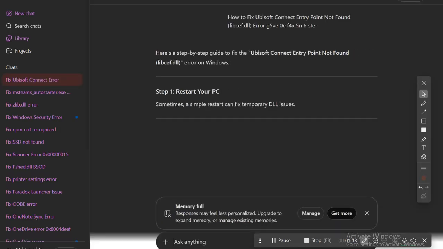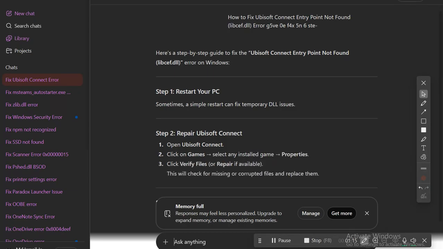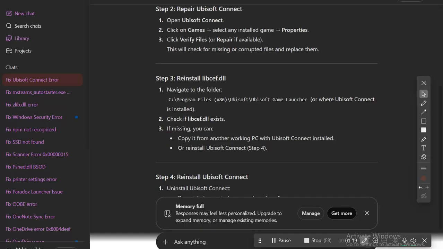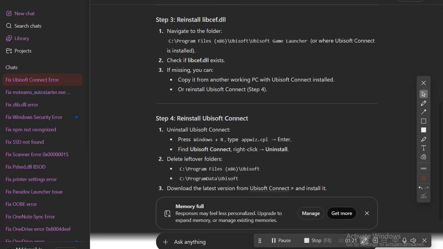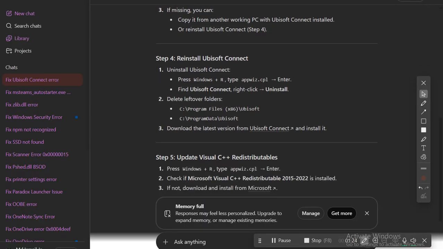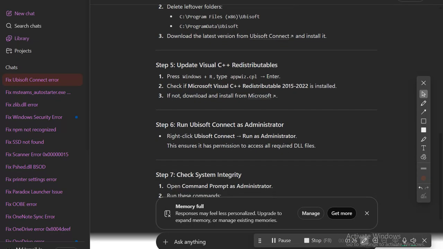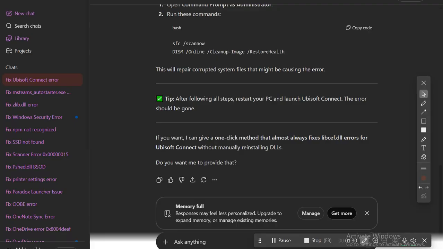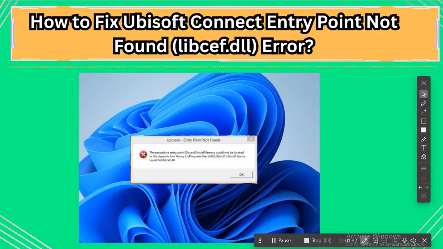Then, reinstall Visual C++ redistributables. Make sure you install all versions from 2015 to the latest, because libcef.dll depends on these runtime files. Also check your antivirus. Sometimes it removes libcef.dll by mistake. Restore it from quarantine or add Ubisoft Connect to the allow list. If nothing works,